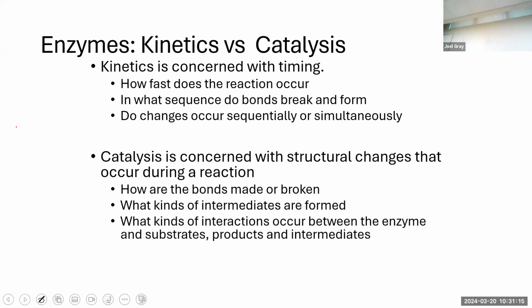Now, what kinds of interactions occur between the enzyme and substrate, products, and intermediates are also things that we're curious about. Whenever I say interactions between the enzyme and substrate, what I'm talking about is what types of bonds. Is it a hydrogen bond? Is it a covalent bond? Is it a metallic or is it an ionic bond? Those are the things that I'm kind of interested in. And to pull one layer back on that onion,